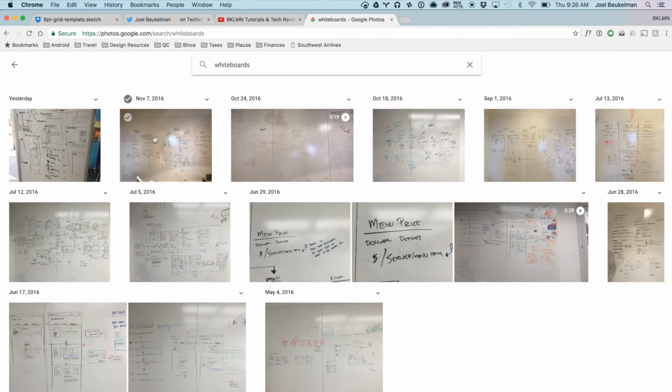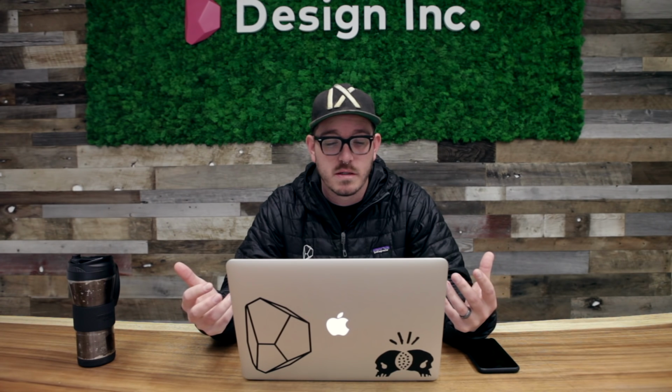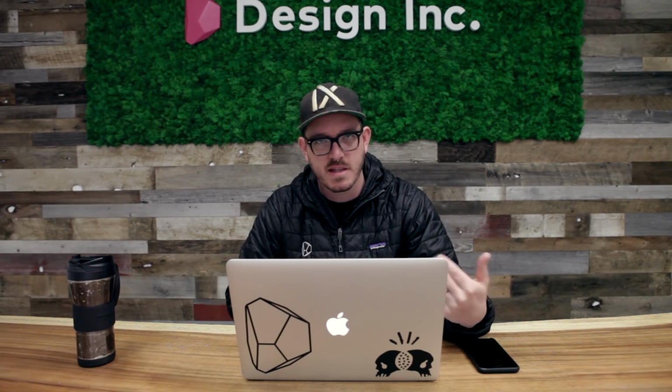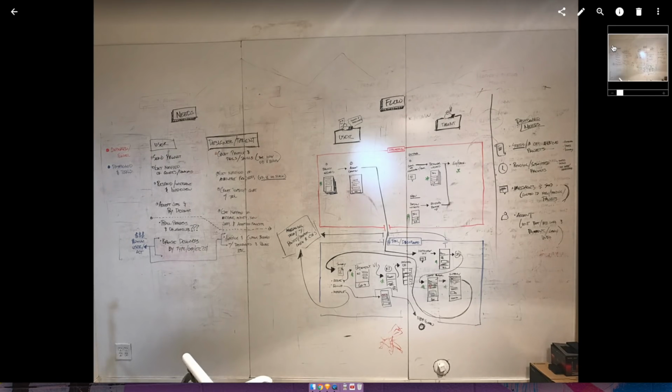So I'm going to jump into this one on November 7th. This is a whiteboard kind of outlining the structure and feature set of our current model of an introduction-based kind of lead generation model for Design Inc. I'm going to walk you through this board and kind of why it's structured and how the different sections of it and why I do it the way I do, and then the sketch file and how it kind of manifests itself in Sketch. I usually start with,